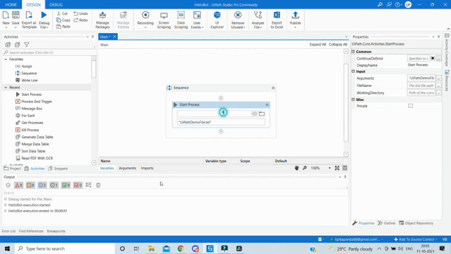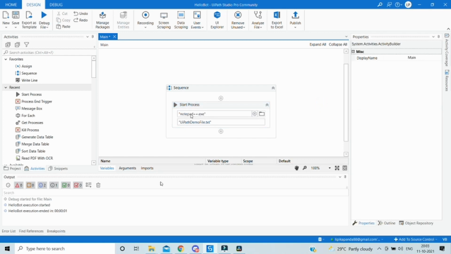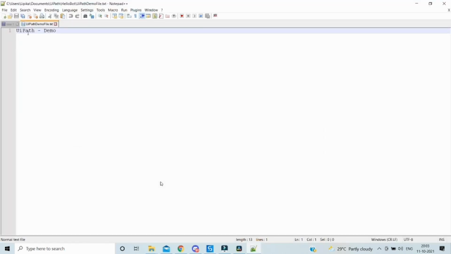Or for standard installations we can just specify the application process name, like notepad++.exe. So it will automatically find this executable and open this file in the Notepad++ application. Let's check it out by executing. And perfect, the file got opened this time with the Notepad++ application.